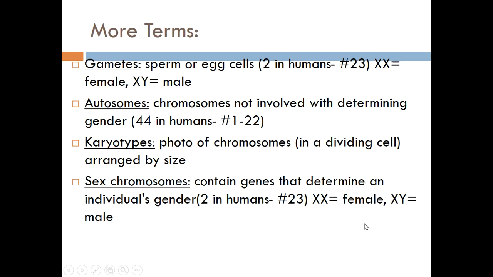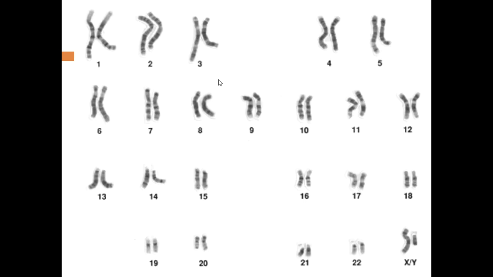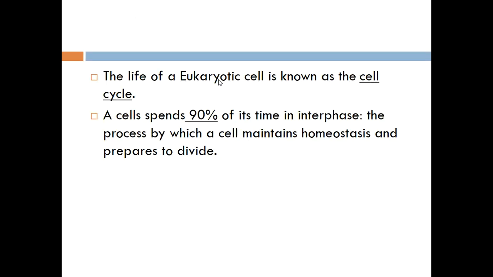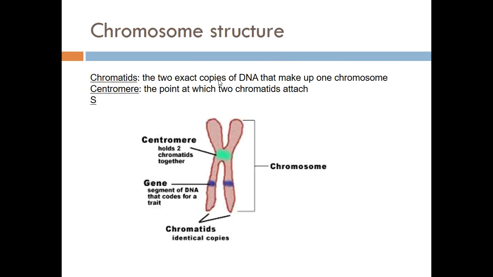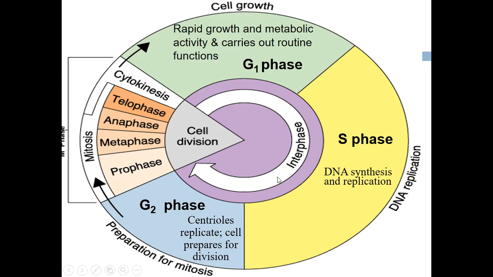And this is kind of a little bit of what I went over, and you have this in your notes as well, about a karyotype, autosomes, sex chromosomes, and then homologous pairs. The cell cycle, what we saw a few minutes ago here, this is where